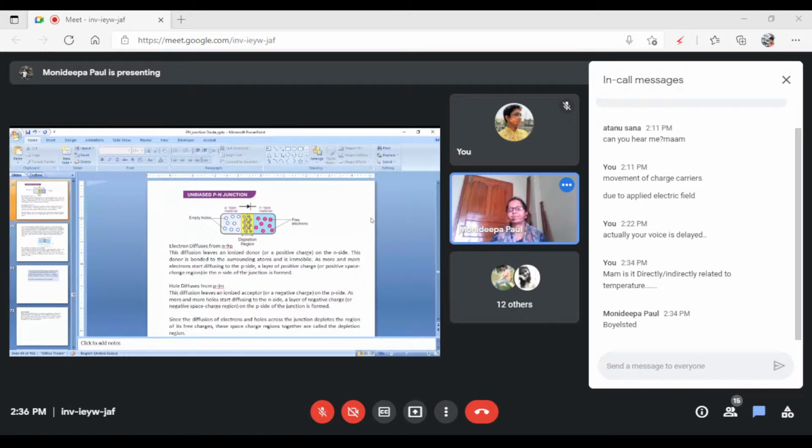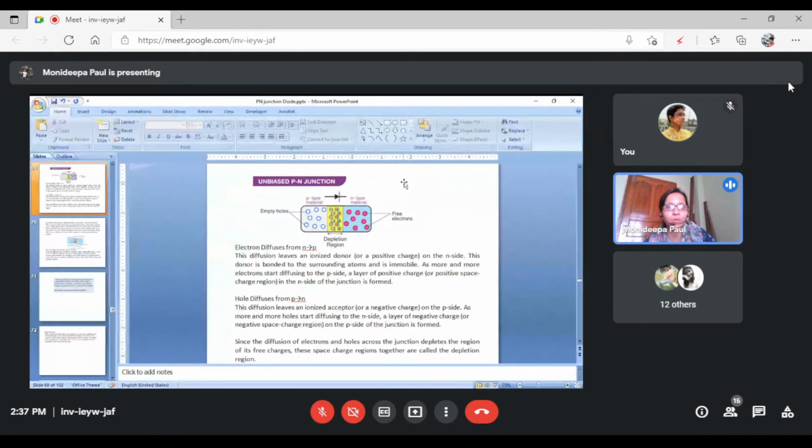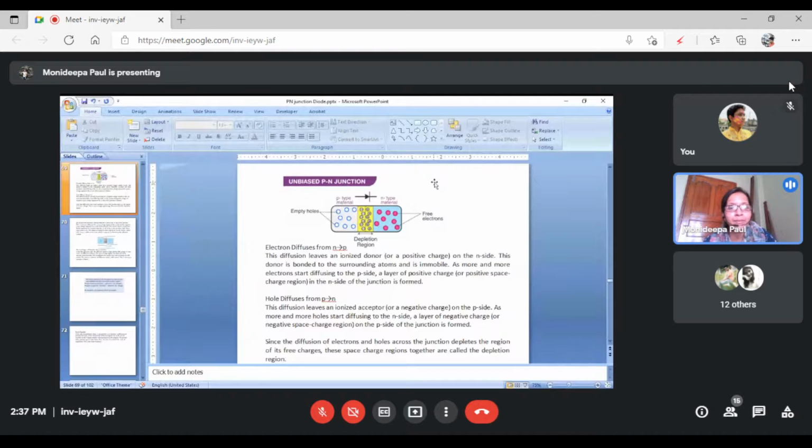Clear? Which side is the P-type? This is called anode. Arrowhead looks like A, so this is anode, and this line represents the cathode. The back side of the K, this is the cathode. If you remember it this way, clear? Which side is the P side, which side is the N side, which side is the cathode, and which side is the anode. Is it clear for everyone?